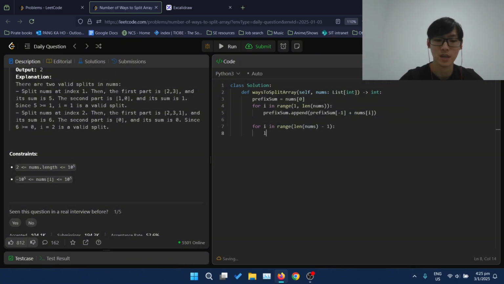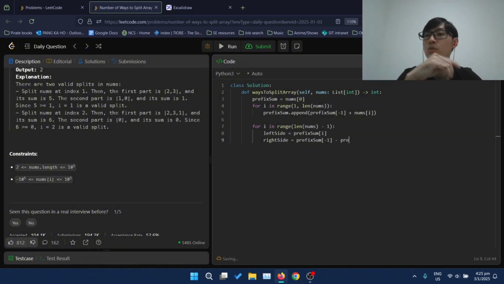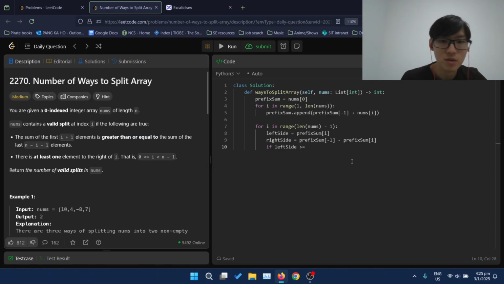the left side is just prefix sum of i. Then the right side is equal to prefix sum of the last element minus prefix sum of i, because we want to exclude the left part. This will give us the right side. And we say if the left side is greater than or equal to the right side,